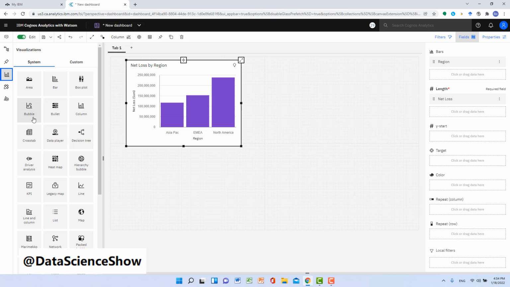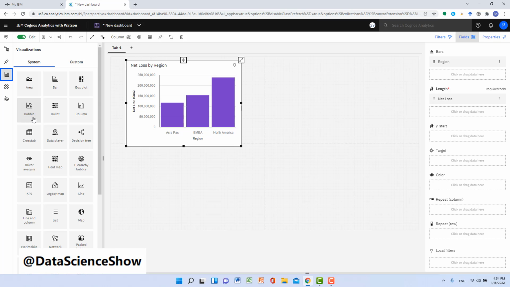But behind the visualization, the charts, tables, and other visualization results are created by the analytical models. As I said, IBM Cognos is an AI system, so IBM doesn't show us how this chart is created because that's the job of the IBM AI system. We don't need to worry about how we create this chart, what model we should use. We will be given immediate results from the IBM Cognos system. Can you feel the convenience of an AI system?